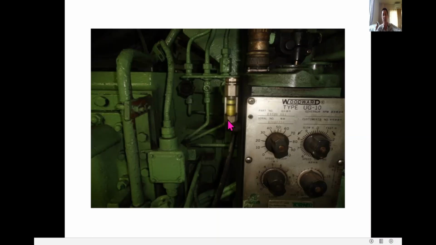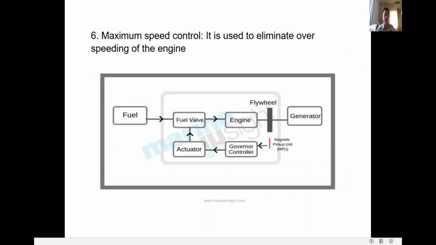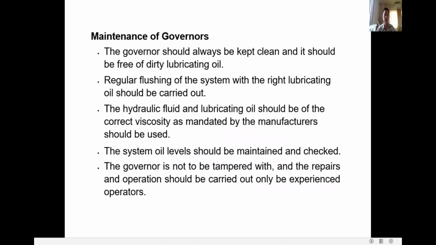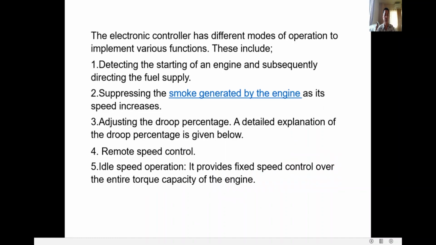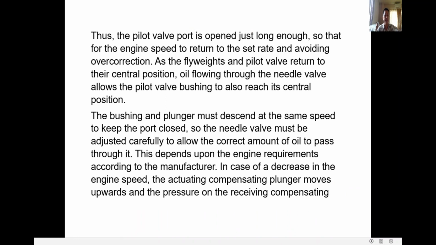It is not really clear, but this is the Woodward governor. So we have here now, there's a lot of information in this topic. So that's the pilot